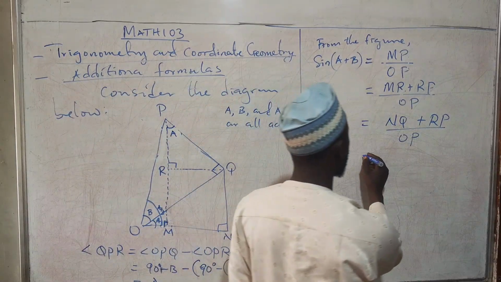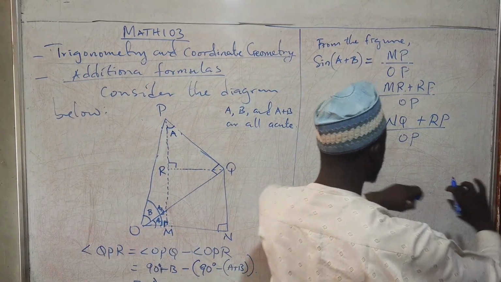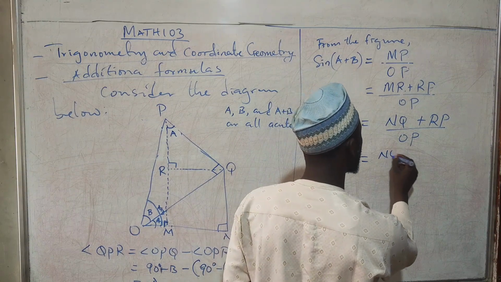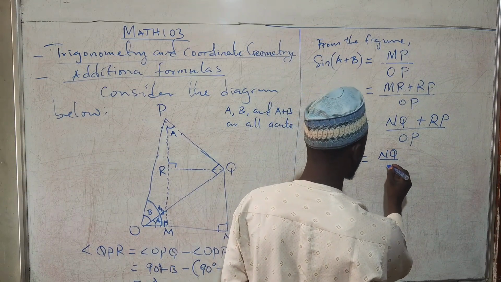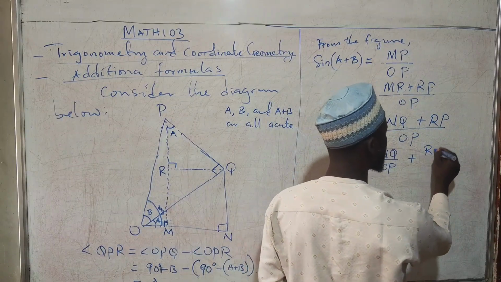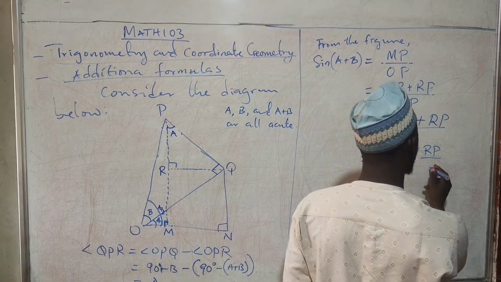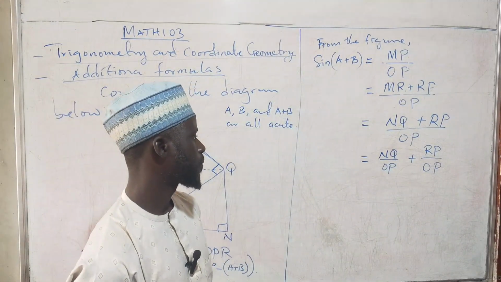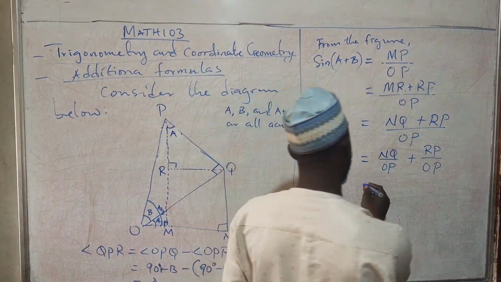So I can write something like this. I can now split, because this is a common denominator. This is NQ over OP plus RP over OP. Okay. So now,